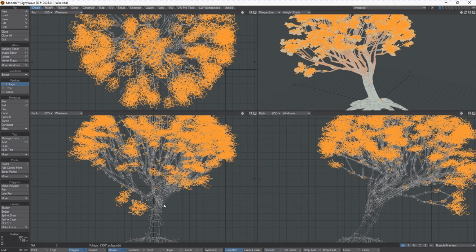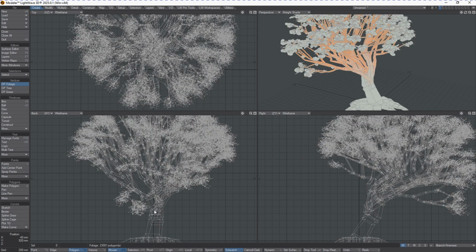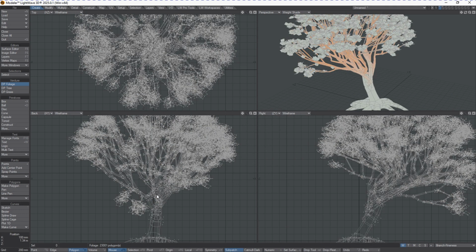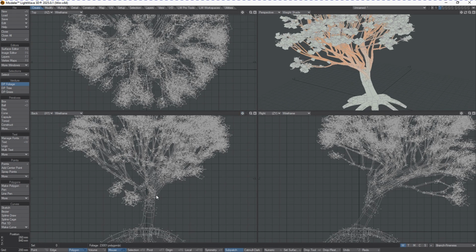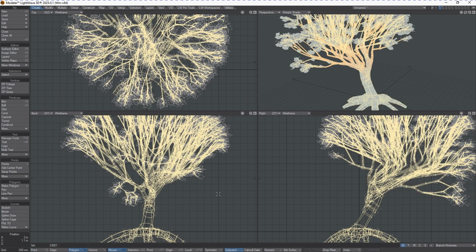And right now, currently, they are all selected. And I'm just going to hit the tab key. And you can see that when this was generating the leaves, it just dropped them on top of there. So we need to get the leaves to be subpatched as well. So what I'm going to do is I'm just going to select the tree, which gives us that. I'm going to cut it out of there for a second,